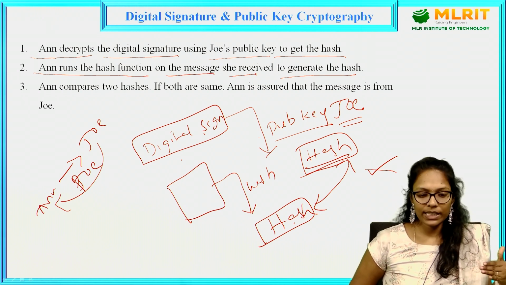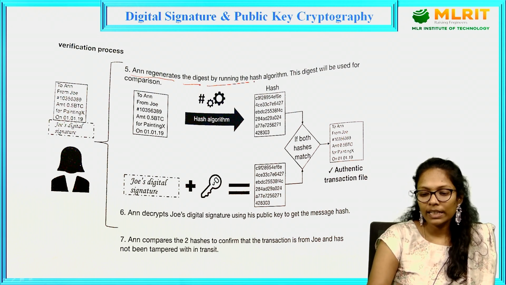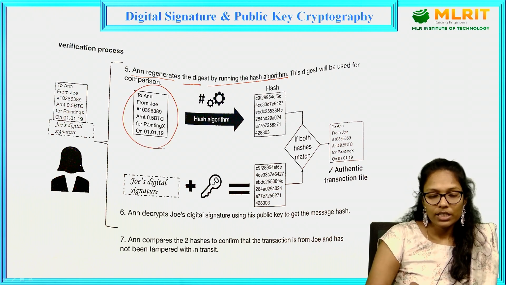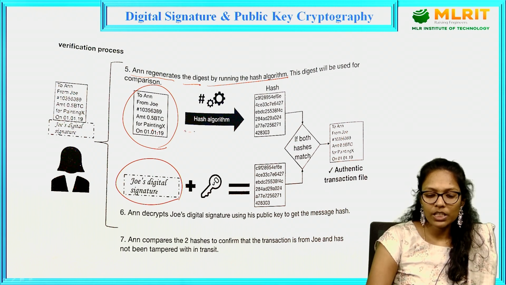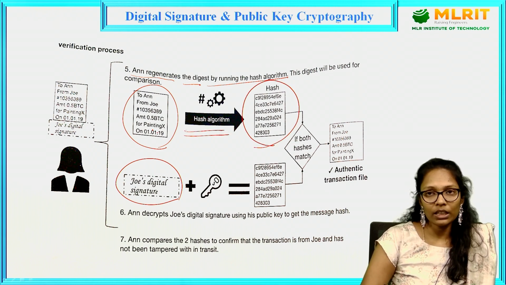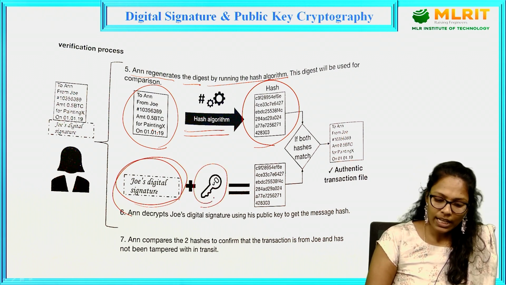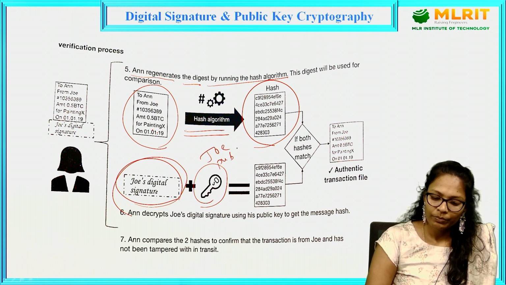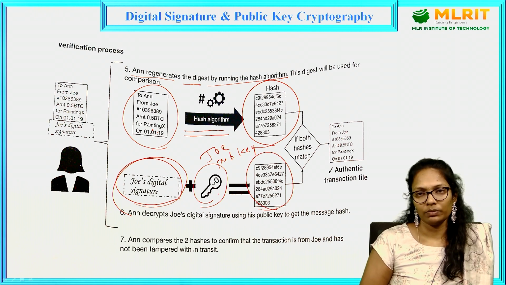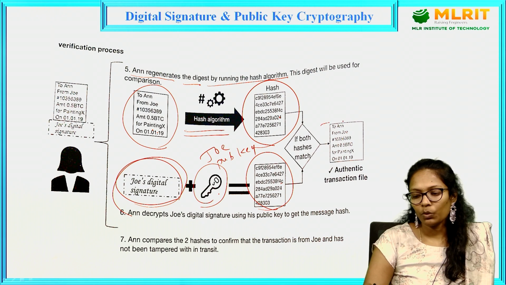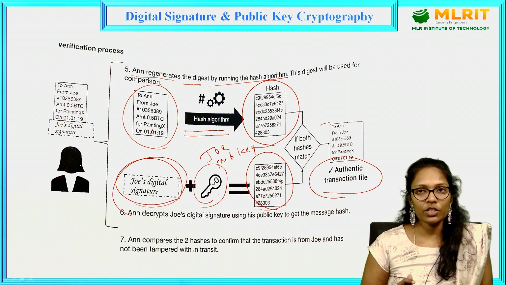So these are the 3 steps we'll see in the diagram. So what Anne is doing, Anne regenerates the digest by running the hash algorithm. See, she has the message as well as the digital signature also. For this message, she will apply the hash algorithm. There she will get the hash code. At the same time, she has the digital signature of Joe and she has Joe's public key, right? So if she applies it, then she will get the hash here. So she compares these 2 hashes. If both are same, then it is an authenticated file and she is getting the message from the authenticated person,